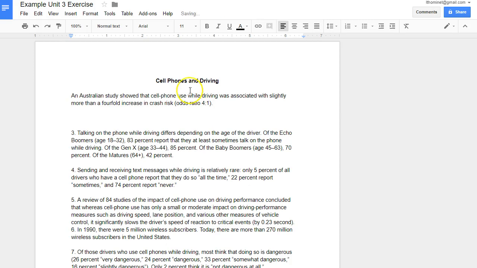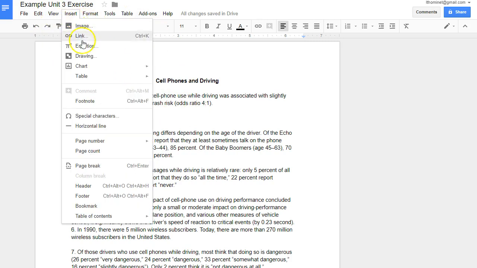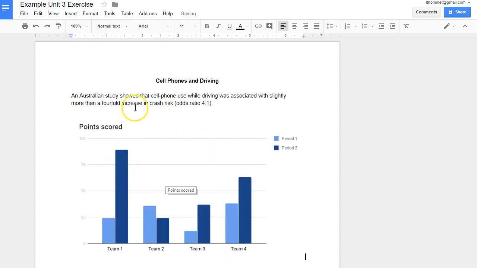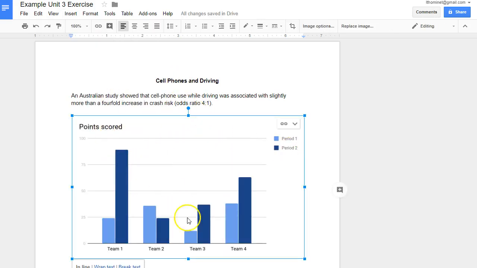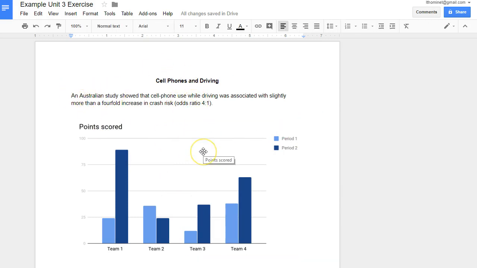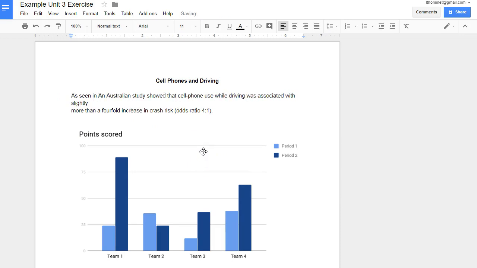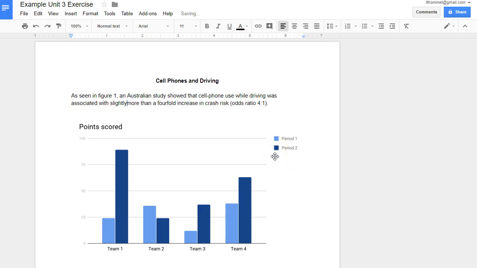In that case, you're going to want to add a graphic after it. So you can just go up to Insert, Chart. Let's say you want to show this as a column chart, perhaps. So you'd have that, and you'd of course make this chart represent what is actually being said here. You can integrate it a little bit more by saying something like, as seen in Figure 1, an Australian study showed that cell phone use while driving was associated with slightly more than a 4-fold increase in crash risks. So you could say that, or you can